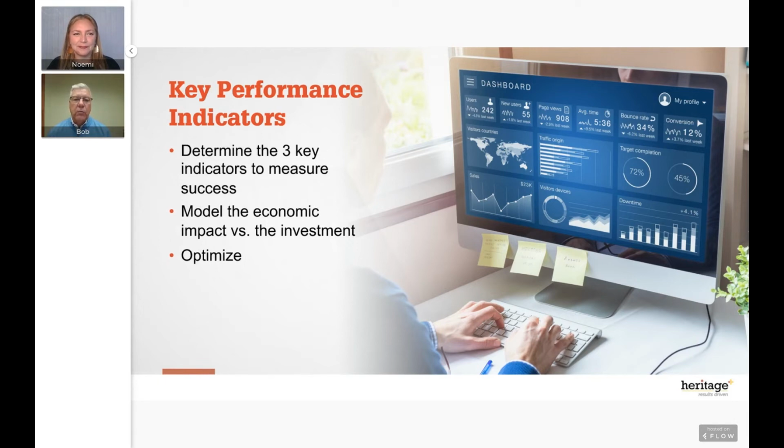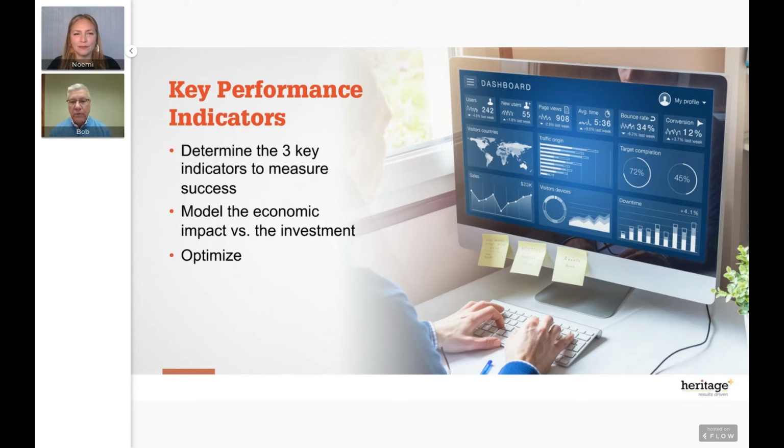So this is the area where you really have to determine what indicators are really going to relate to success. A lot of times people just think about that singularly. Did they get as many donors as they wanted? Did they attract as many new customers as they wanted? But really, as we've talked about in our other webinars, there's other things that you need to consider that should be part of defining the indicators that help you measure success.